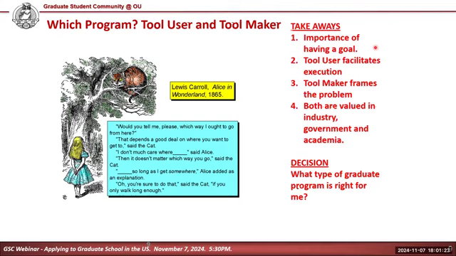So you need to decide on a goal as to what you want to do. And then based on that goal, you have to look for which graduate program is right for you. It's no good coming along and saying, oh, I want to go to MIT because MIT is a great institution, or I want to go to Georgia Tech. Oh, I don't want to go to this university because it doesn't have a reputation. That is not the way in which you go about doing things.